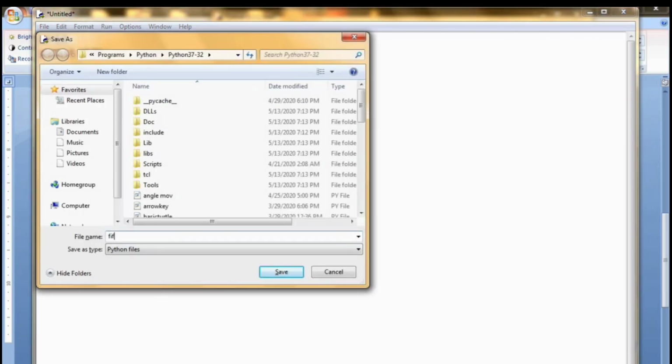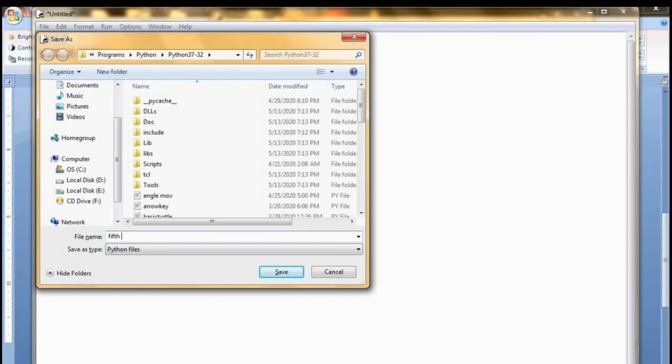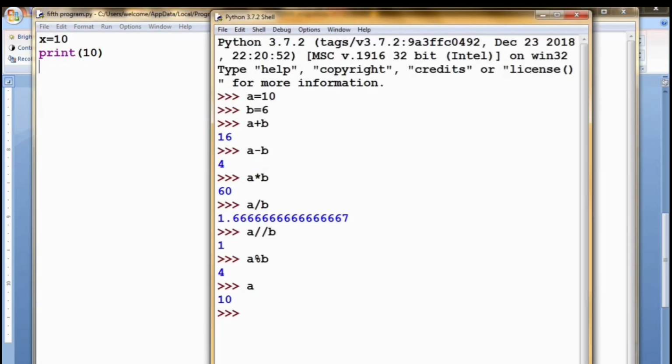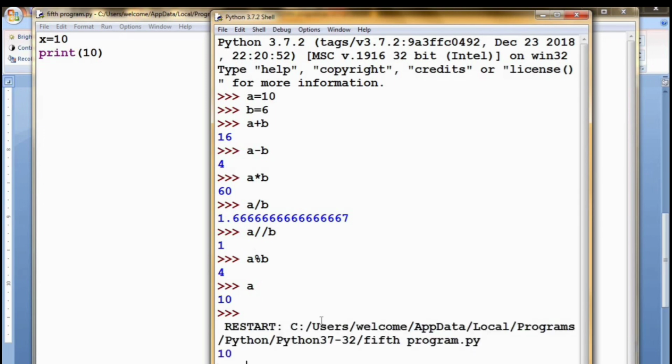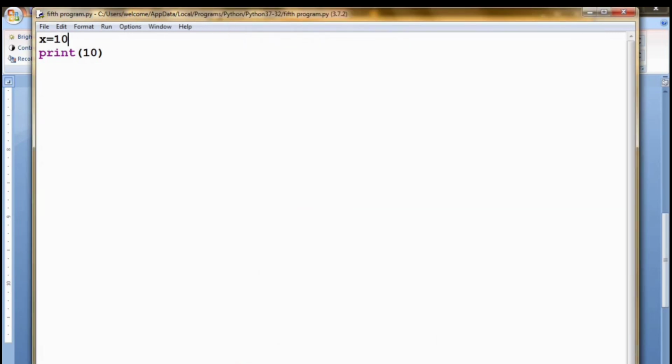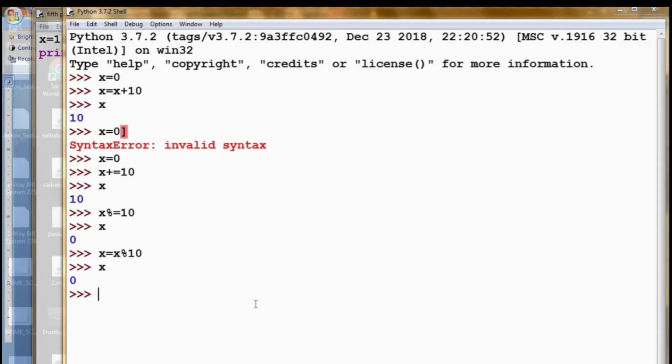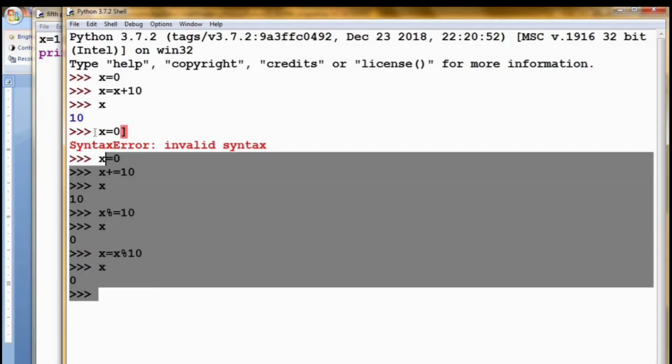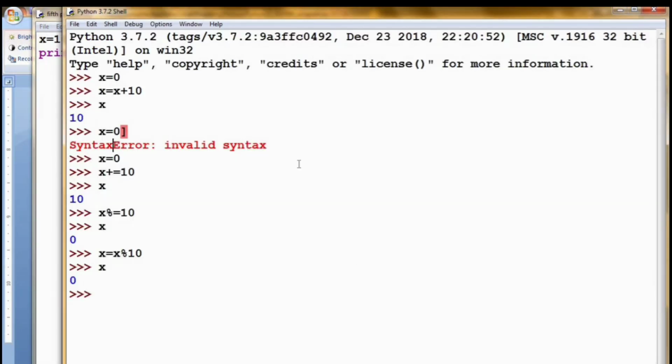So today is my 5th program. Saving it as 5th program and running. So the output is 10. So instead of this, I have used this shell for these small operations. That's why we are using this shell today.